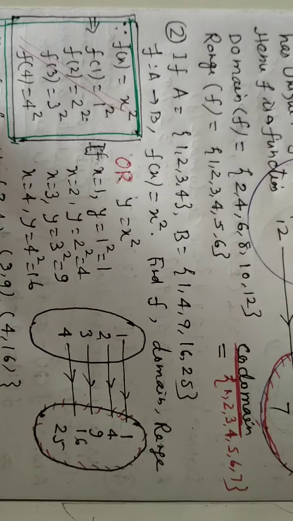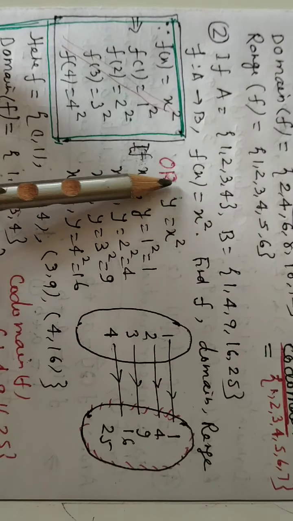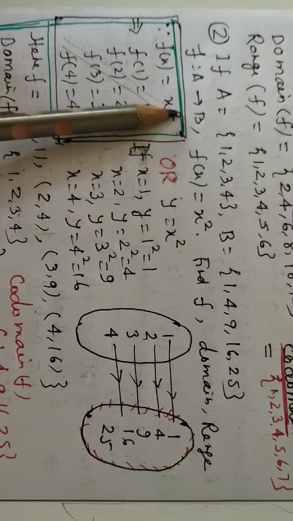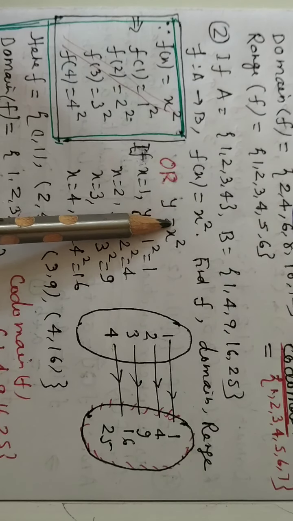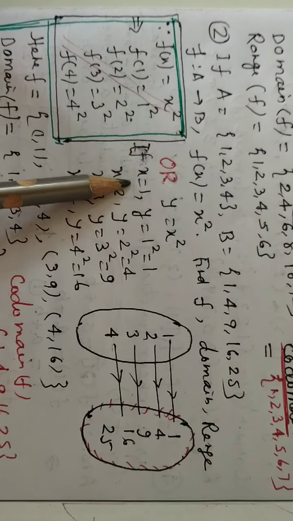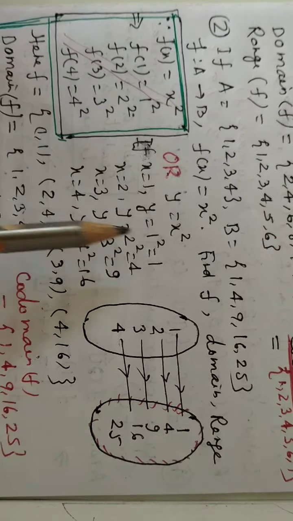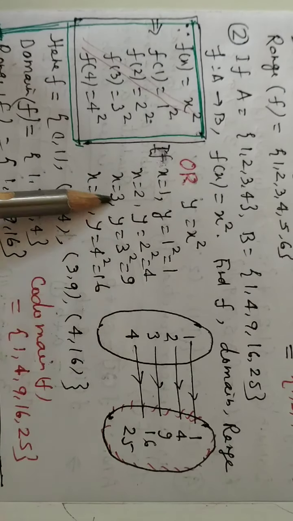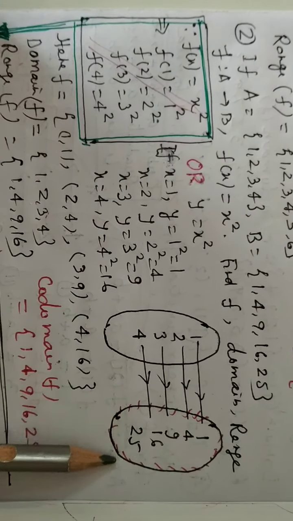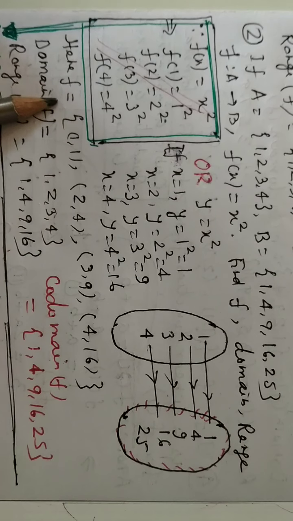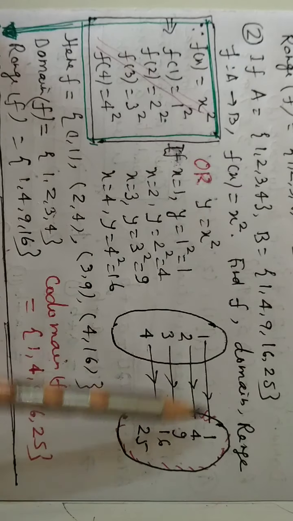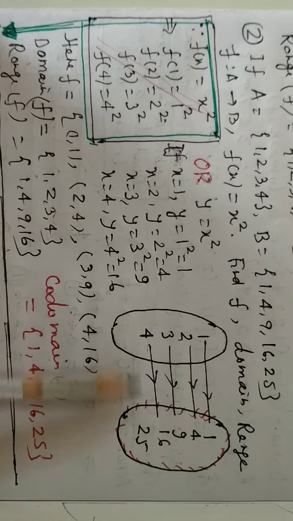Second problem. Again, there is a formula. A is given, B is given, F is a function from A to B, and according to this formula the members are going from left to right. Now select x is equal to 1, 2, 3, 4 and get the corresponding y. So 1 goes to 1, 2 goes to 4, 4 goes to 16. In this way we can show it by an arrow diagram. Now what is function F? F is equal to (1,1), (2,4), (3,9), (4,16). This is clear from (1,1), (2,4), (3,9), (4,16).